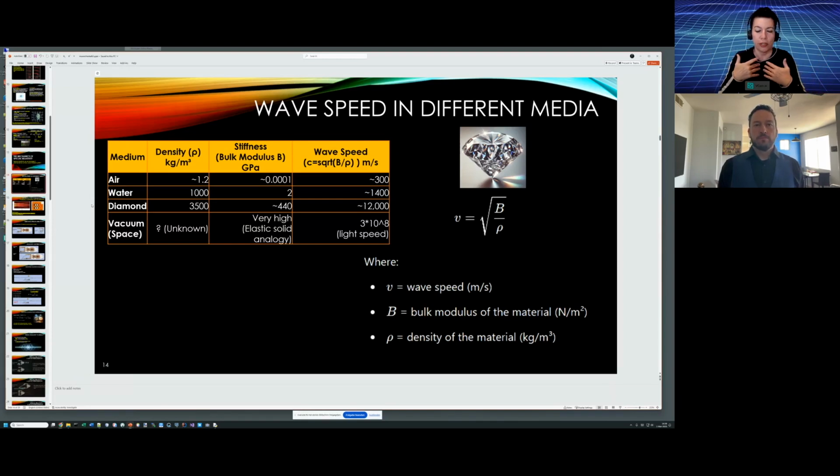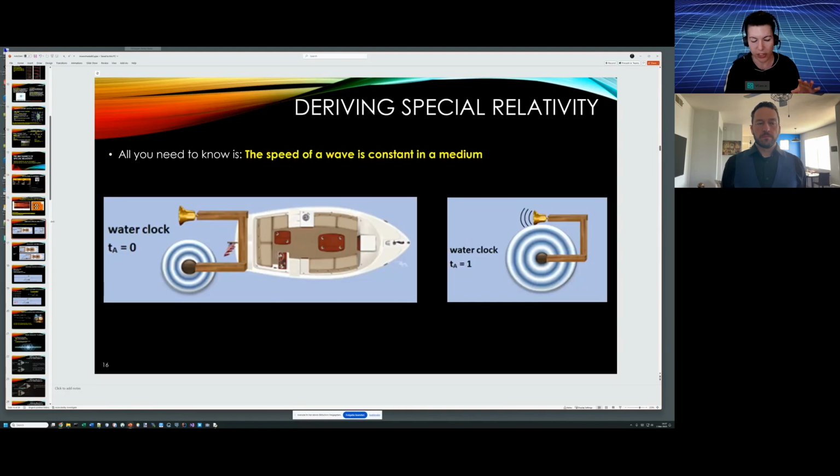So like we are gods outside of the universe watching this, and we are saying the speed of light is constant, right? And then we'll see what happens. So to make this easy, this is a very simple analogy, okay? And of course, I'm going to go from the boat to the actual elastic solid afterwards, but I think this helps to really understand. It's a very, very simple concept.